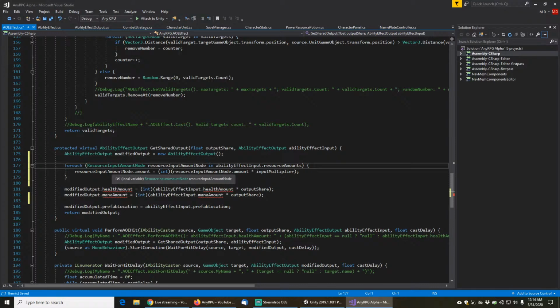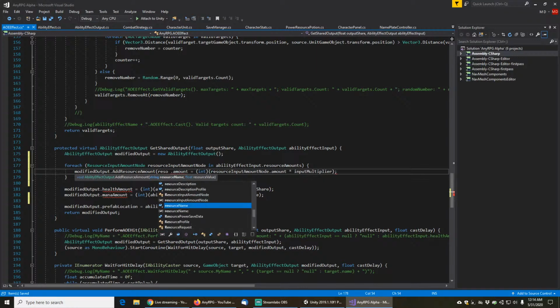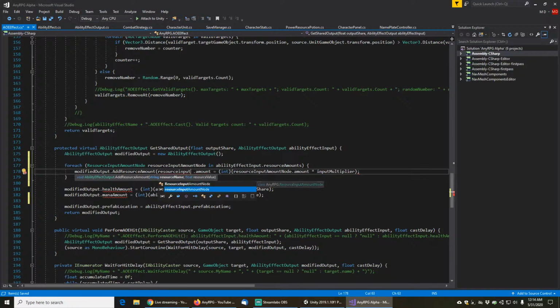So in this case, what we're going to do is call modified output dot add resource amount, adding in the resource input amount node dot resource name, and the value